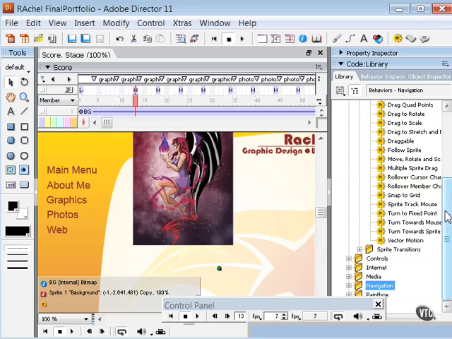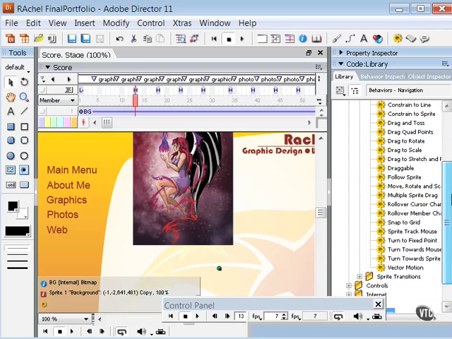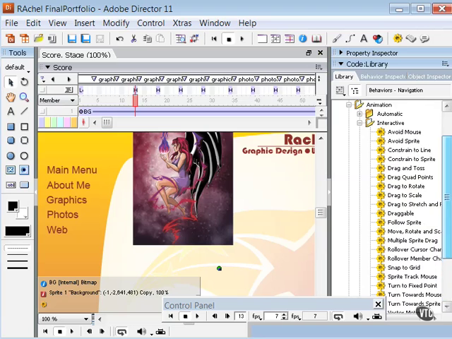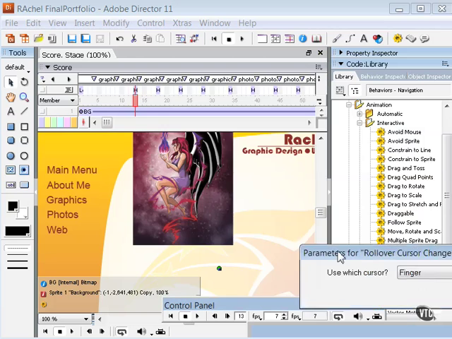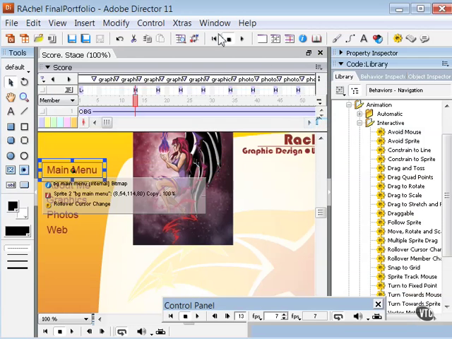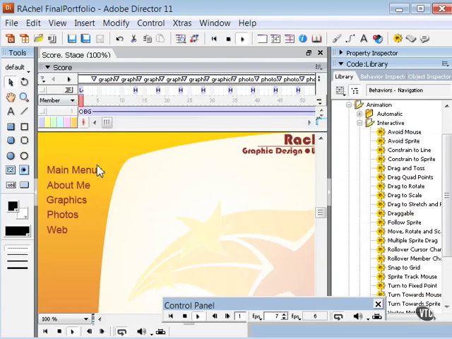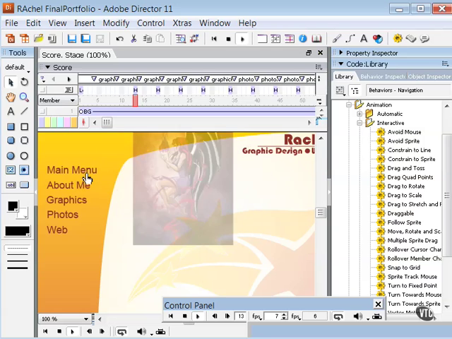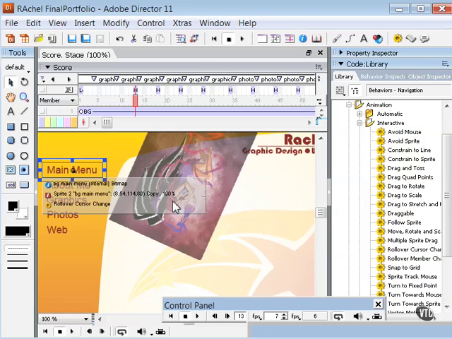First one is one that I covered previously, and that is the rollover cursor change. That will allow you to add a browser type cursor change to any interactive element in Director. In this case, it adds a hand icon, cueing to anybody that this is now a button in interactive. Another very common